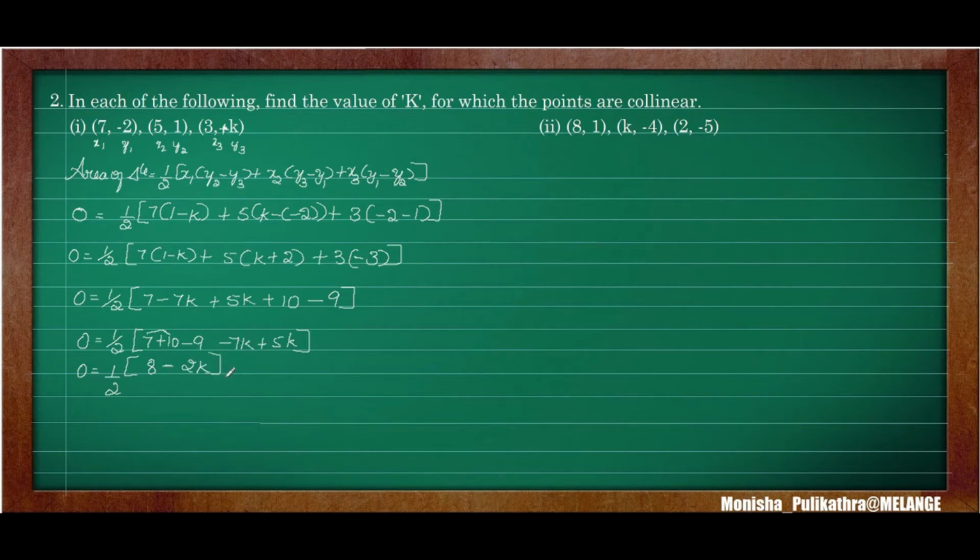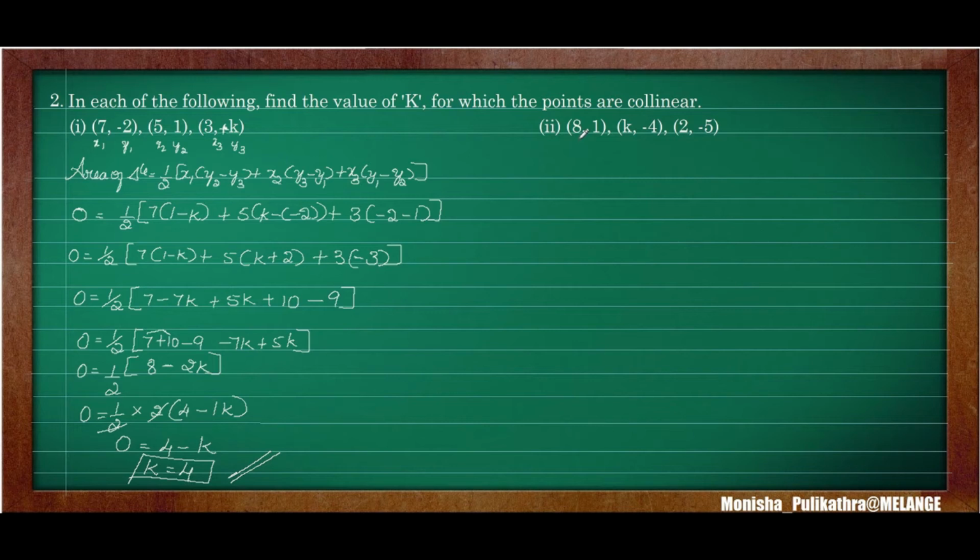So put minus here. Next, here these two numbers are divisible by the same number 2. So we can take a 2 as common here. So half into 2. If I take 2 common, so this will become 2 4s are 8 minus 2 1s are 2, so 1k. Here the 2s cancel each other. So remaining is 0 is equal to 4 minus 1k, that is also equal to k. So when I shift this minus k to this side, it will become k is equal to 4. So the value of k is 4. So this is the value for the first equation, area of triangle.